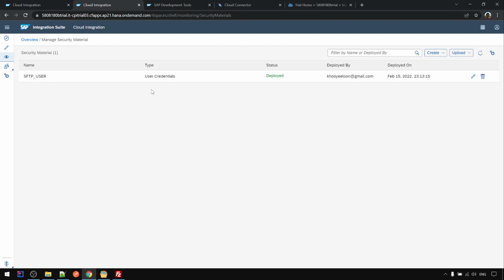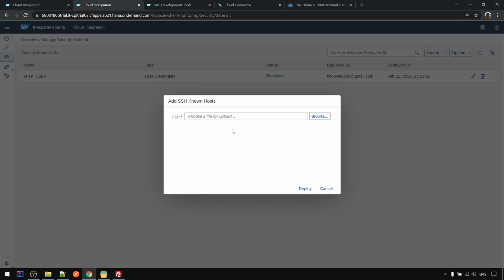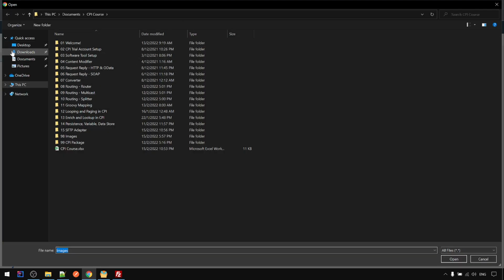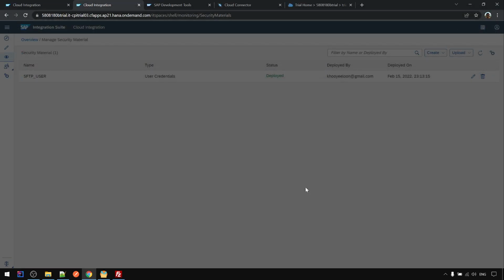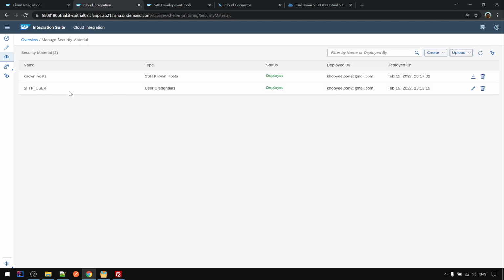If it's already pre-existing, here there should be a row called known host, and we should use that. For now there's none, so we don't need to download from the list here. We just upload known host. Then we browse, go to the download, upload the host key from just now, and deploy. After deploy, it will be renamed as known host,